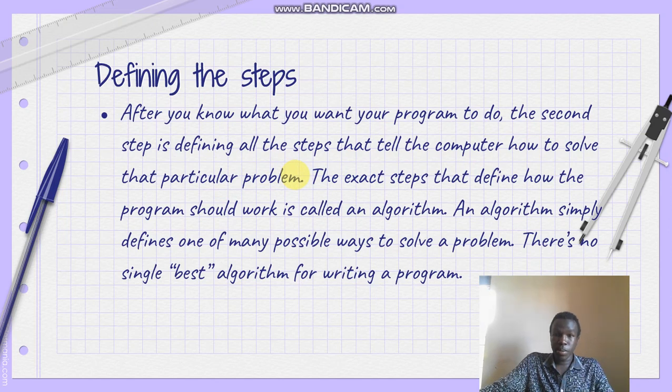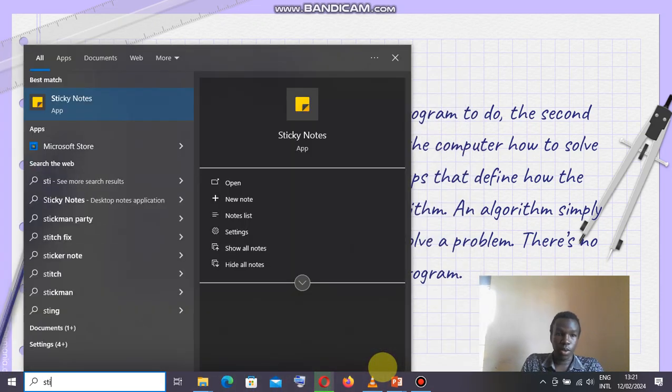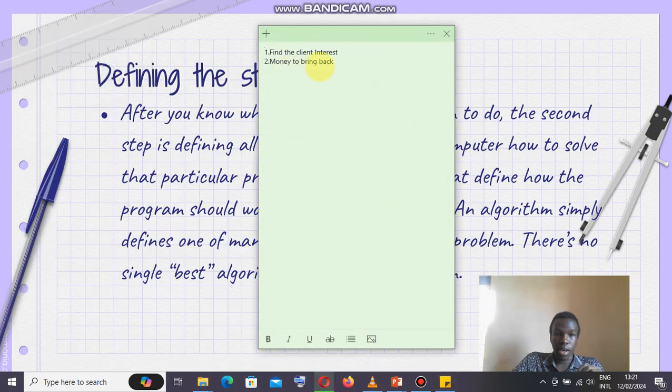The exact steps that define how the program should work is called an algorithm. I think a lot of you have heard about algorithms. So what are our steps going to be in our program here? Let us write the steps.